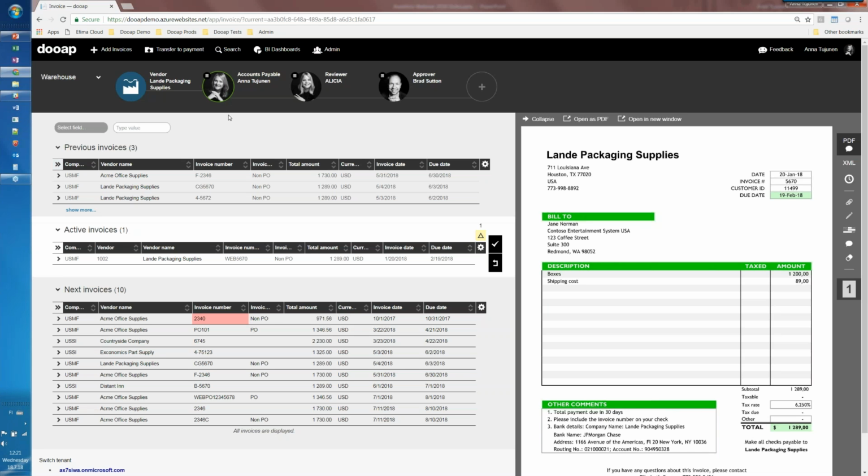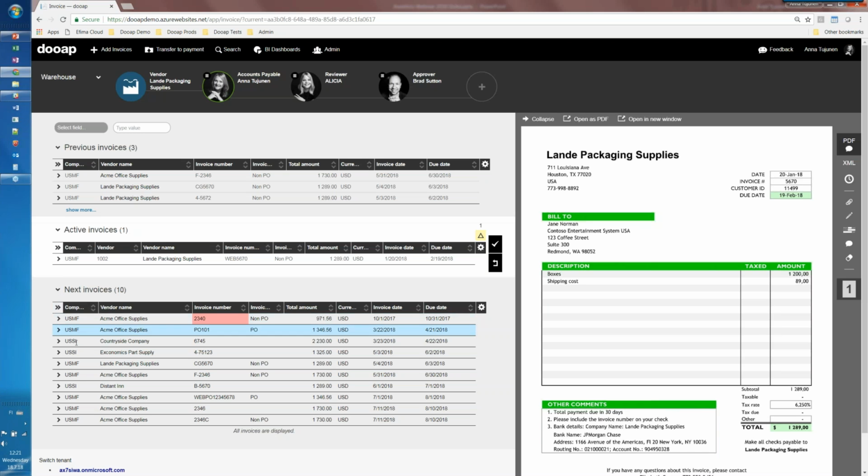So I'll start with the desktop DoApp and the AP process phase. So this is the DoApp invoice handling view. And I talked about the centralized view already before. So here it is in action. All the invoices that we might have received from multiple channels, through PDF, through OCRing, through scanning service or e-invoices, will lead to the same place.